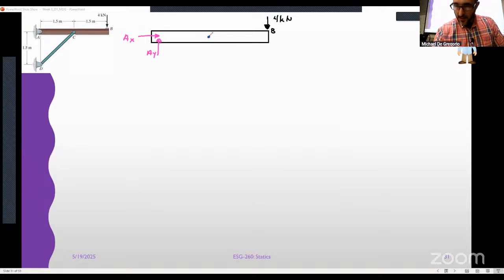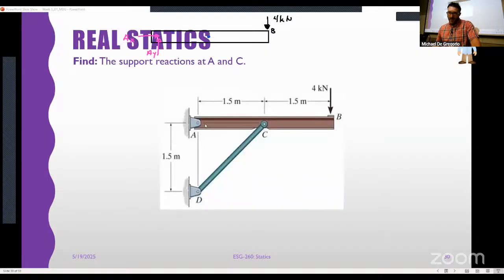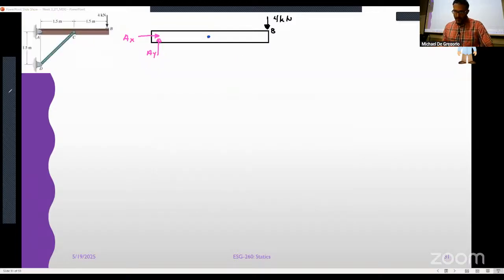And it's hard to tell, but point C is supposed to be in line with point A. You can kind of see it here. See, there's like a line. If I went back a slide, it'd be easy to see. See how there's this line here? So these are supposed to be in line with one another. So it's on the center of the beam. I know it looks a little weird because they have a cutout down here. And that's going to be pointed back towards D, and I will call this F from C to D.